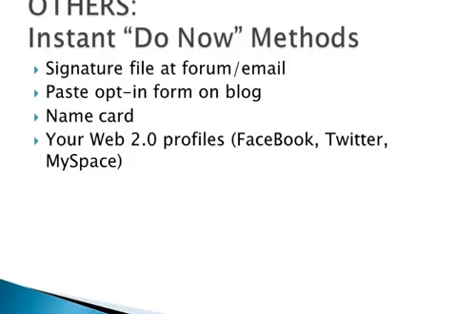These are instant do-it-now methods, and you can start getting a little trickle of traffic from utilizing these methods, but most importantly, you can start getting a torrent of them with methods like pay-per-click, Web 2.0 tactics like Twitter and Facebook, giveaway events, reports and article marketing, where you can count on a big torrent of traffic. To wrap this up, remember that you only need to use 1 or 2 methods at a time, and when you eventually get used to it, you can start increasing the number of methods.